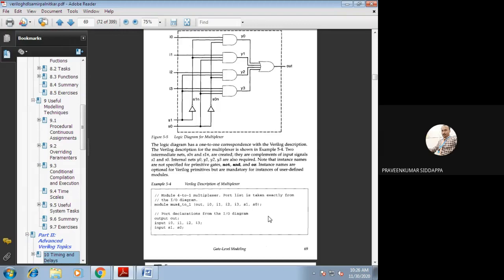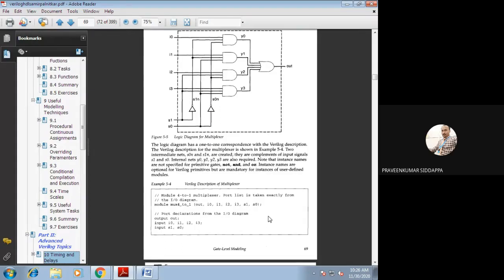First, I will write here the other variables we have used in your coding. Those should be S1n, S0n, Y0, Y1, Y2, Y3. How will we declare these variables in your code? Using wire. Remember it. Using wire we should declare them. Otherwise, if you have not declared those variables, we'll get an error in your code.